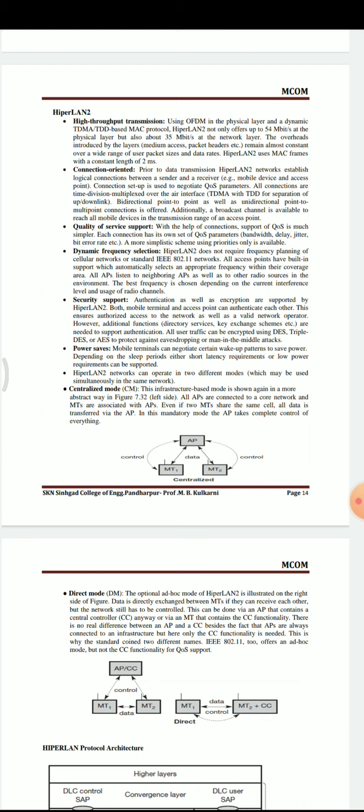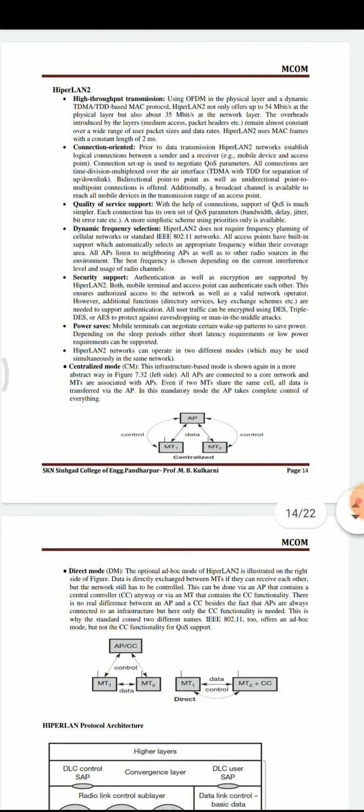All access points listen to the neighboring access points as well as other radio sources in the environment. The best frequency is chosen depending on the current interference level and usage of radio channels. Because of this dynamic frequency selection feature, HyperLAN 2 is more famous than HyperLAN 1.